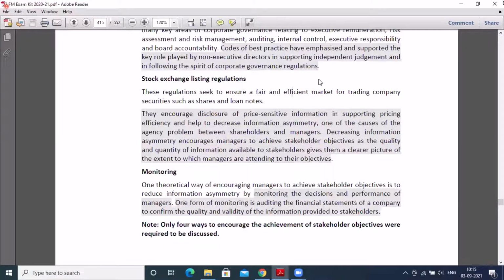One more point I want to add: if they specifically mention the number, because here they asked us only to explain the 4 ways, always stick to 4 ways only. Don't ever try to write everything you know, because unnecessarily you will be wasting time and you won't be compensated with extra points. Suppose they ask for 4 and you write 5, they won't give any extra mark. It is a wastage of your time. So if they mention to write only 4 points, stick to 4 points.